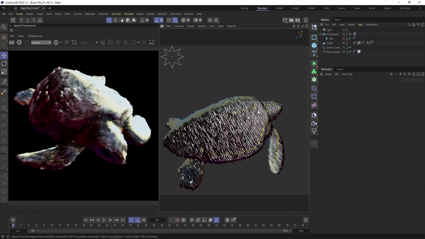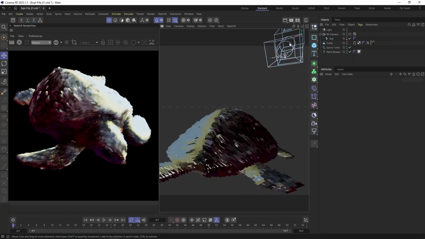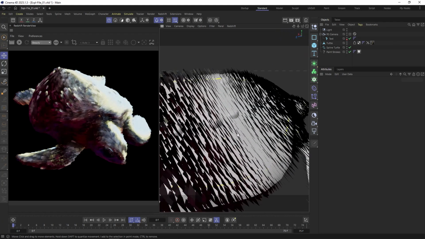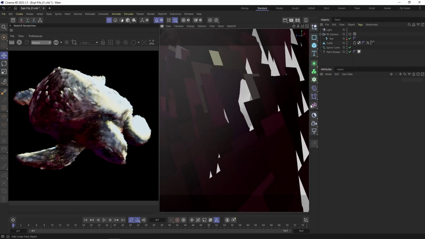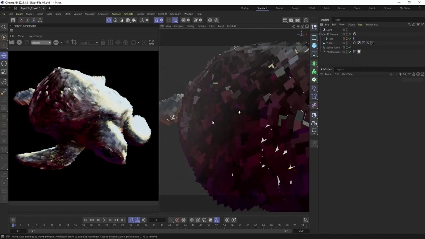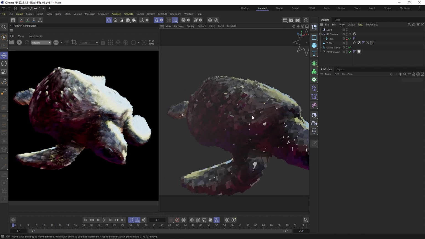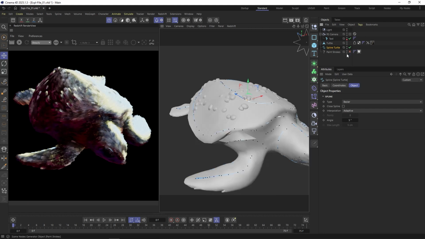Because it's 2D, you can see here's our camera, and all the strokes are pointing to the camera. So we have an alignment to the camera and an alignment along our splines,